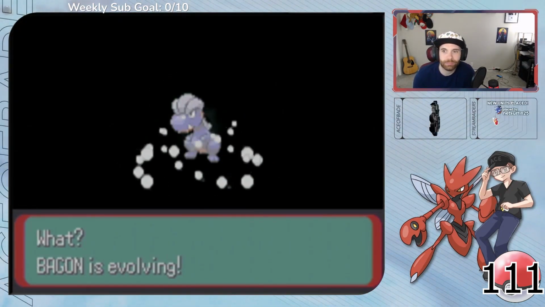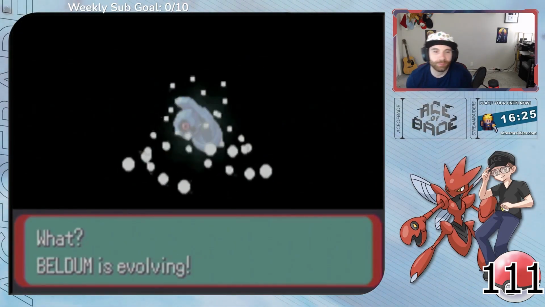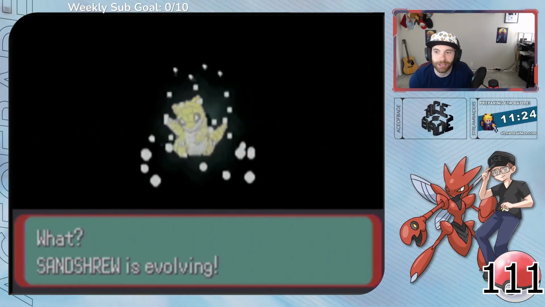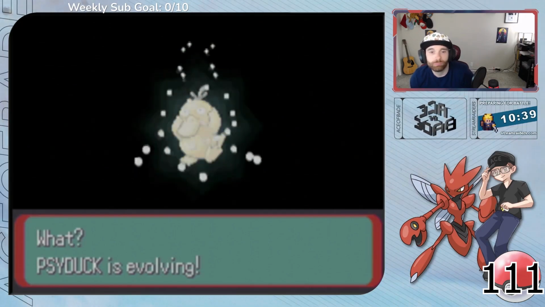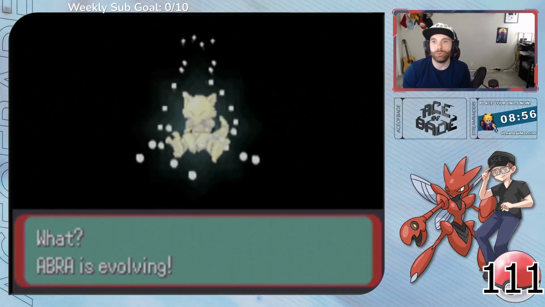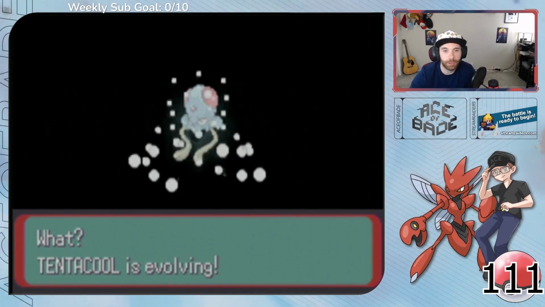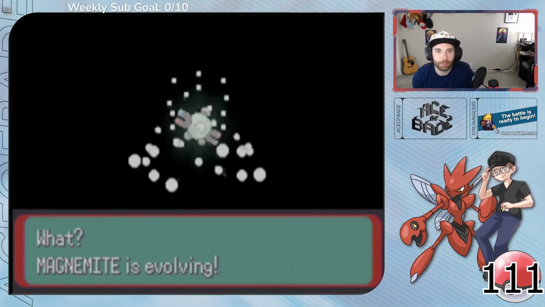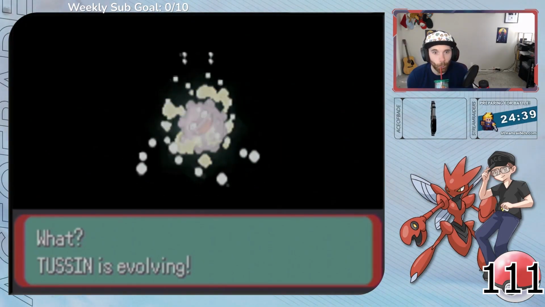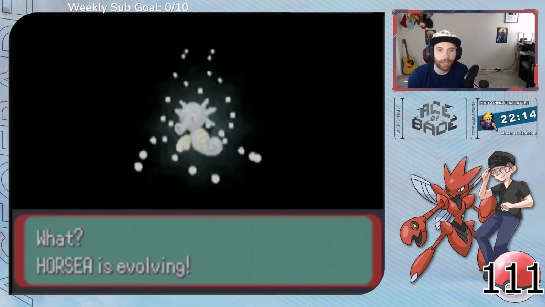Walrein, 2 Bagon into Shelgon, 1 Shelgon into Salamence, 2 Beldum into Metang, 1 Metang into Metagross, 1 Sandshrew into Sandslash, 1 Psyduck into Golduck, 1 Gloom into Vileplume, 2 Abra into Kadabra, 2 Machop into Machoke, 1 Tentacool into Tentacruel, 1 Magnemite into Magneton, 1 Grimer into Muk, 1 Koffing into Weezing, 1 Rhyhorn into Rhydon, 2 Horsea into